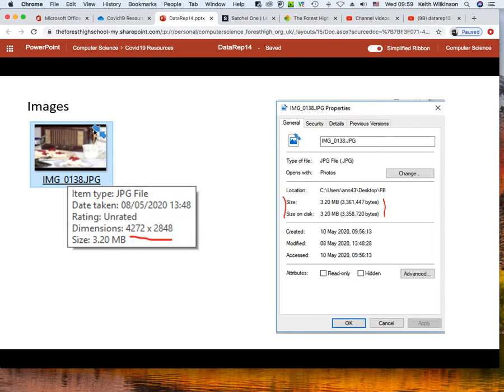4,272 pixels wide by 2,848 high. Quite a large picture. And it's giving me the size of 3.2 megabytes. But if I look over this side, and I've marked it out in red, 3.2 megabytes is sort of an approximation. It's actually this value,